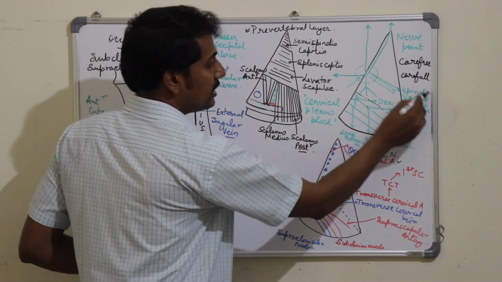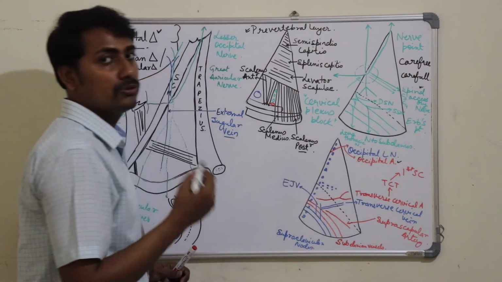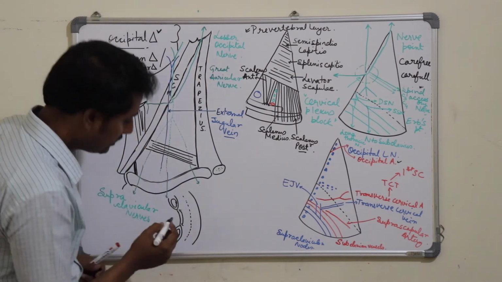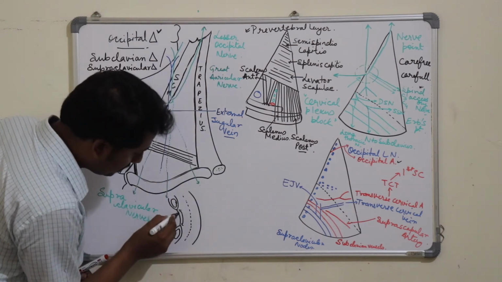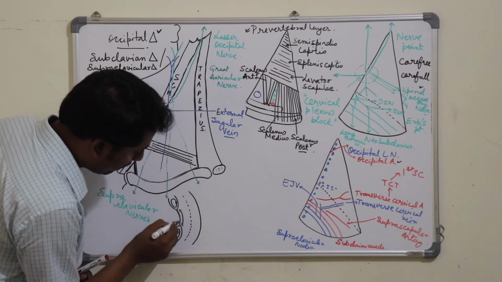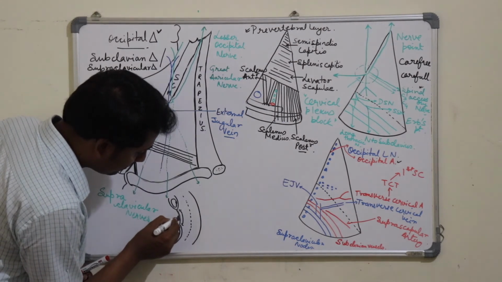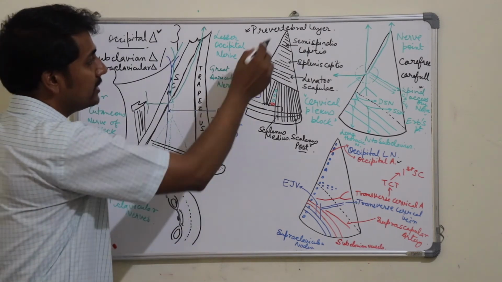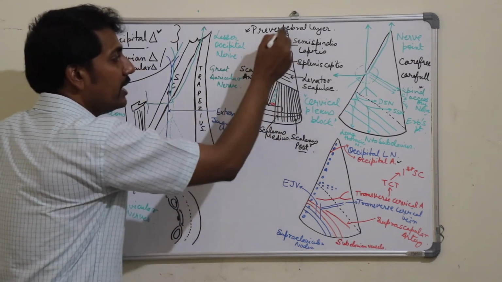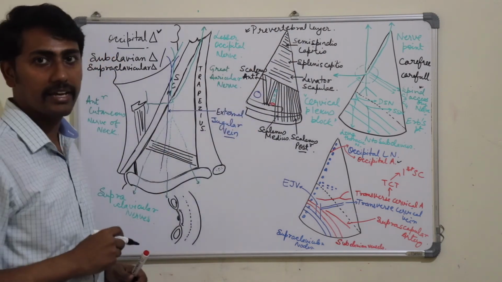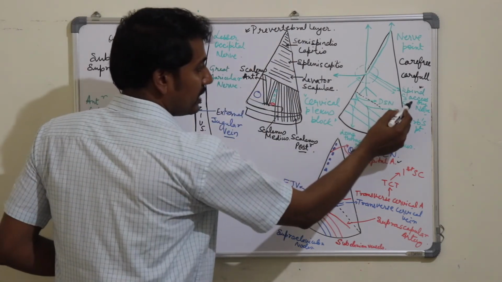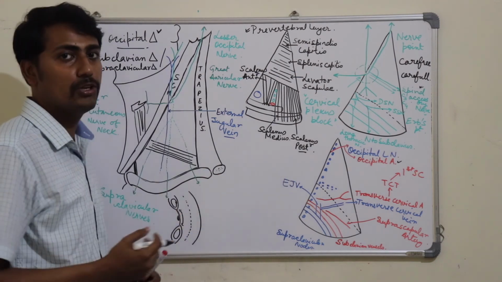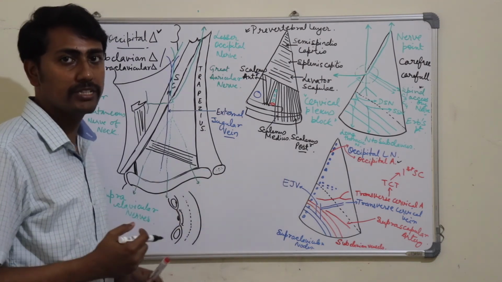Also, this spinal nerve is plastered to the roof of the posterior triangle of the neck, that is, it is present just below the investing layer of deep cervical fascia here. And the other neurovascular bundles are present near the floor of the posterior triangle of the neck. So the spinal nerve is more superficial as compared to the other neurovascular structures in the posterior triangle of the neck.